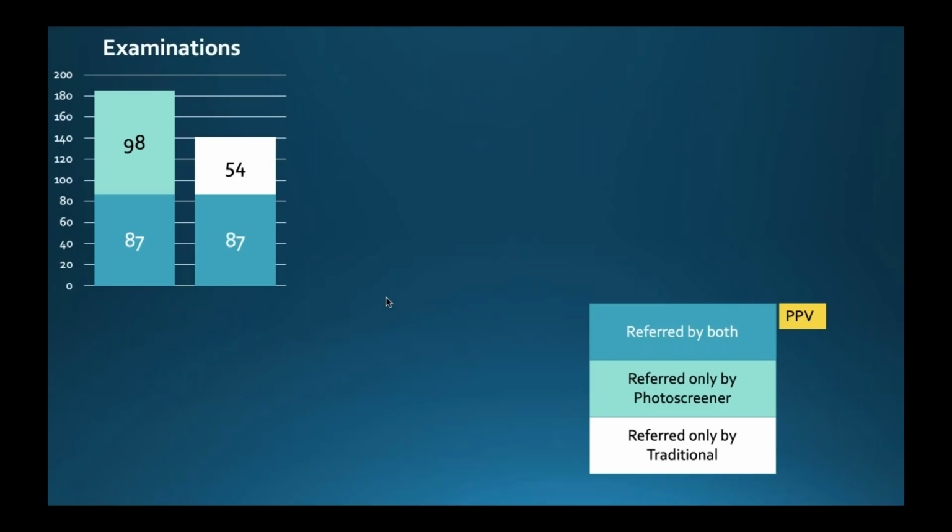And so now let's go more in depth on the findings of our study. We looked at the children who had examinations by the ophthalmologist or the optometrist. And there were a similar number from each group that had examinations, the group on the left being those that were referred by the photo screener, and those on the right that were referred by the traditional. When we repeated their vision,